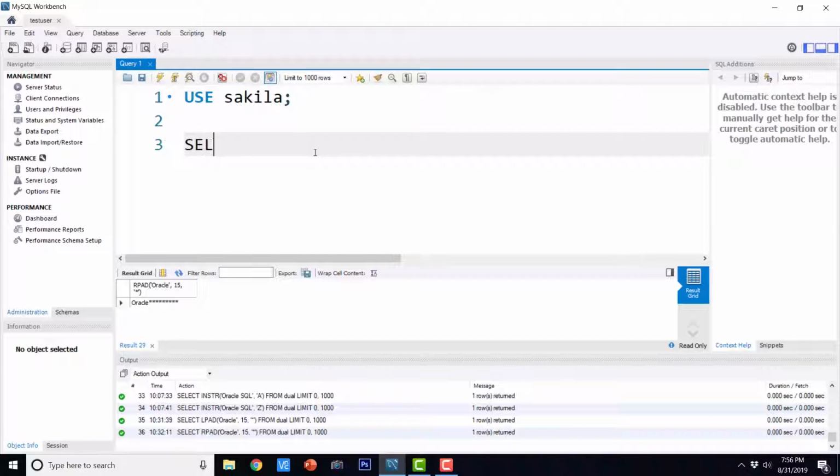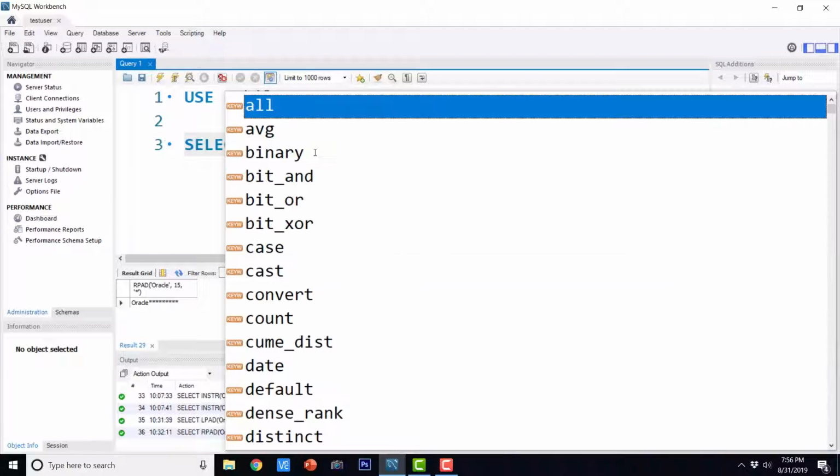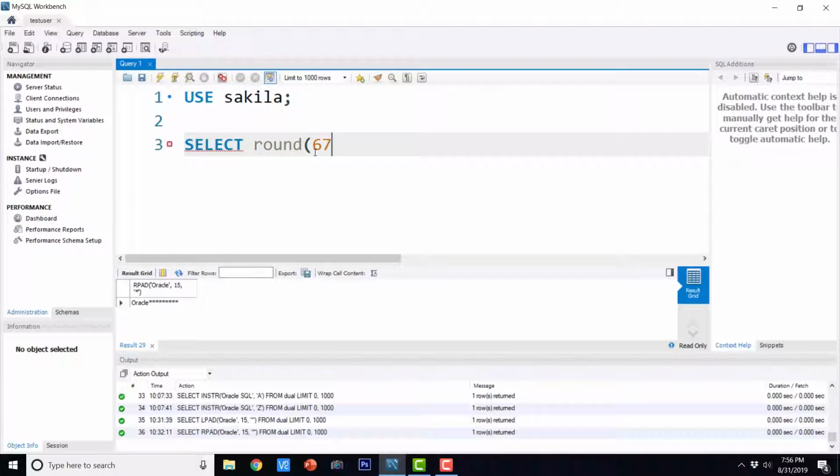So I'm going to say select round of 67.1234. We are going to use this number in the rest of the exercise, and 1.